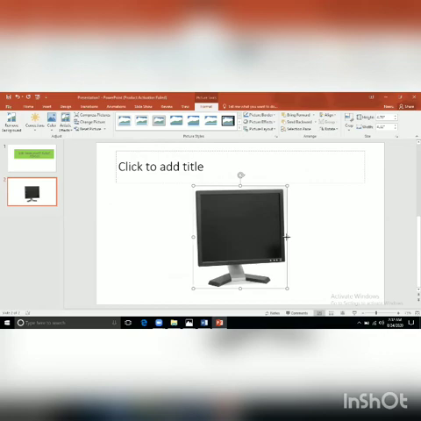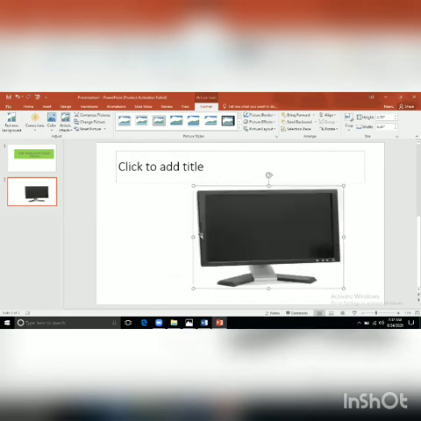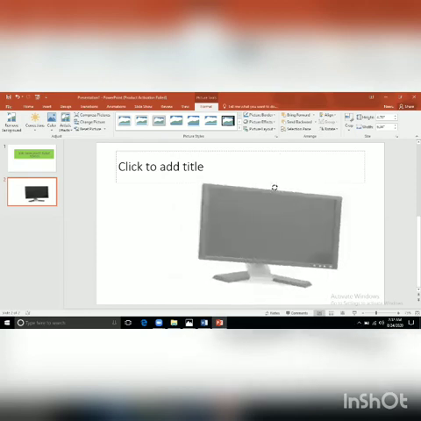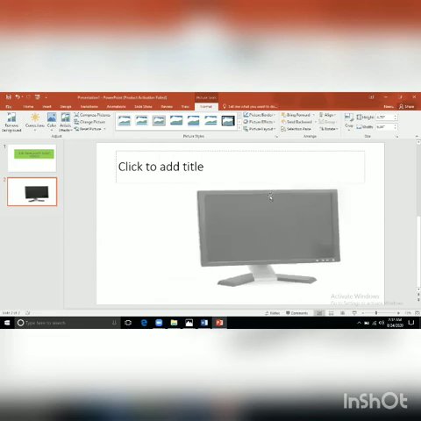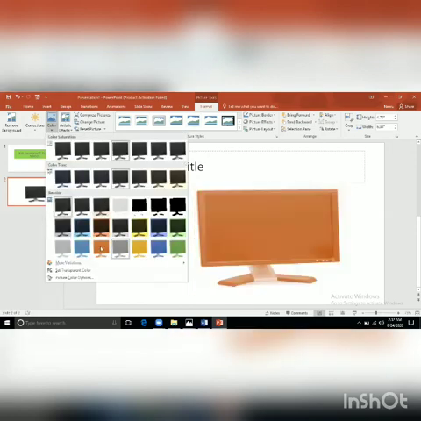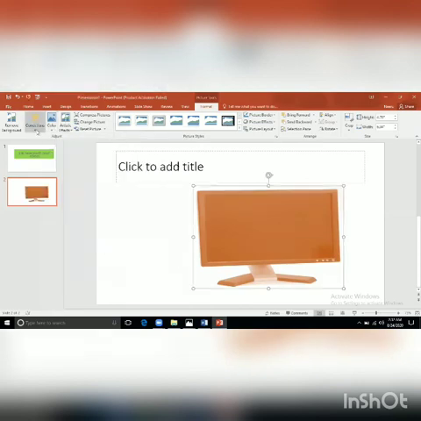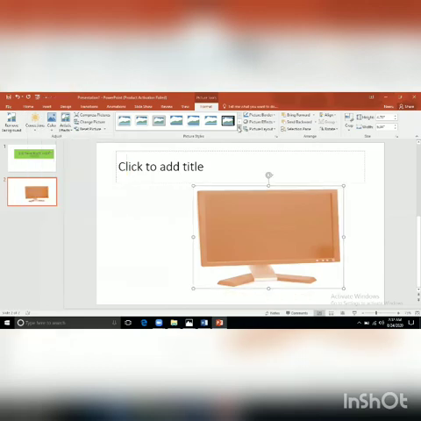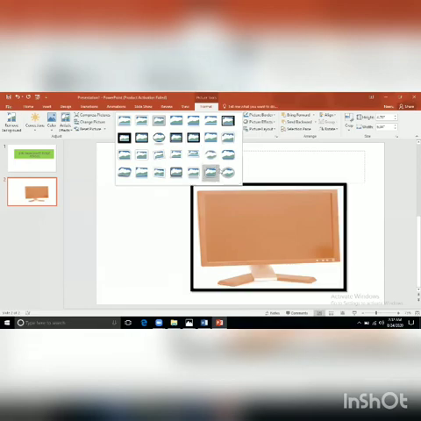Same like that, you can increase or decrease height of it. You can rotate it also with the rotate handler. And you can see here format tab is also here. With the help of this, you can change the color, you can change the brightness. Totally up to you what you want to do. So there are some options. With the help of this option, you can change the brightness, you can change the color, up to you. If you want to change the style, then see, like that you can change the style. So we have done two topics.